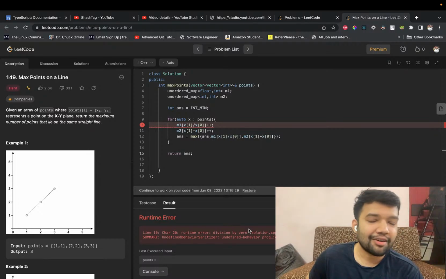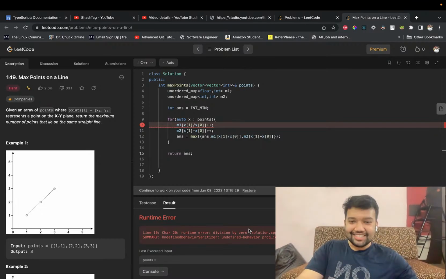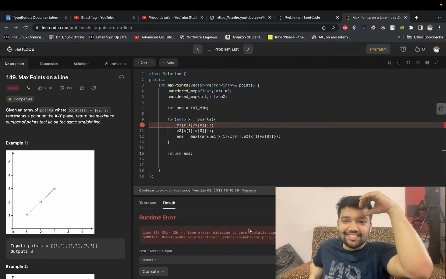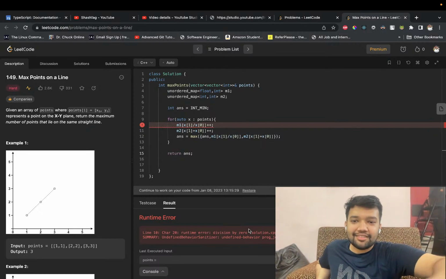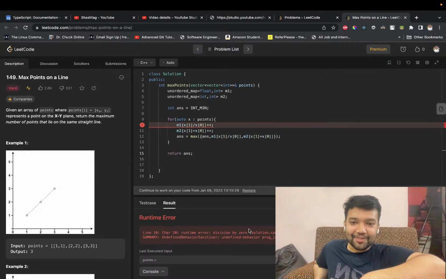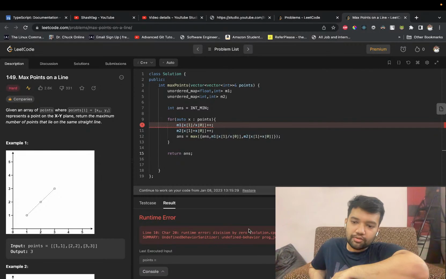My God, how will we manage zeros? Okay, so I guess this is the hard part. Now I feel why the question is in the hard section. Because what if x and y both are zeros,